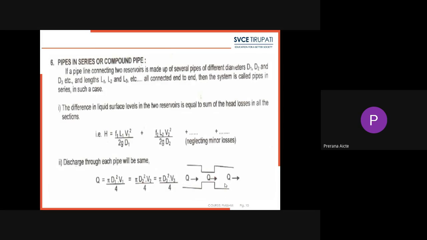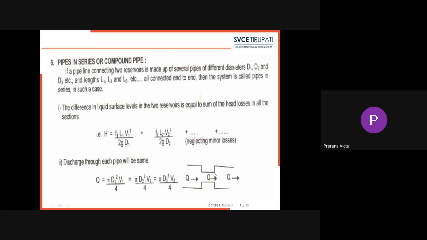Next one, pipes in series or compound pipe. If a pipeline connected to two reservoirs is made up of several pipes of different diameters like D1, D2 and D3 etc. and the lengths L1, L2 and L3 etc. all connected end to end, then the system is called pipes in series. So like this, if one pipe is connected to another pipe, then this arrangement is called pipes